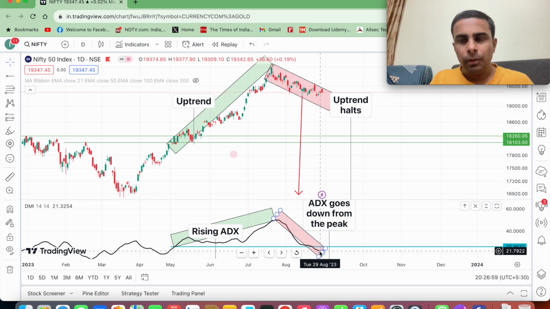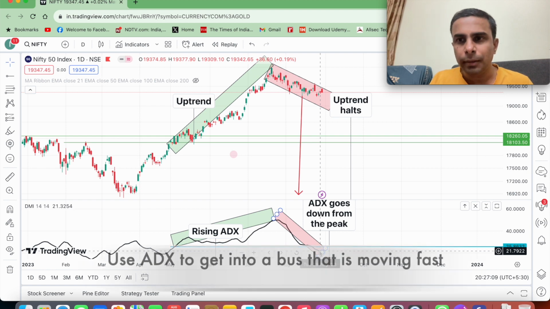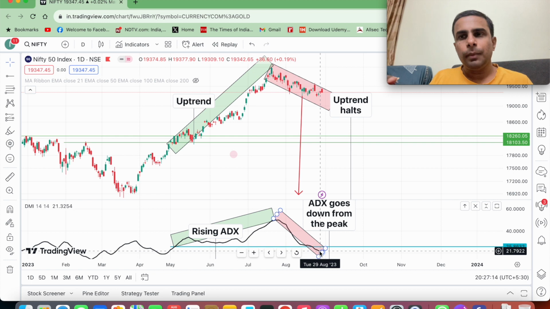I hope you will use this ADX as just yet another tool for increasing your probability of winning in the trade. Don't base your decision only on ADX. I strongly suggest you follow the simple price action and then add ADX to your toolbox in order to increase the